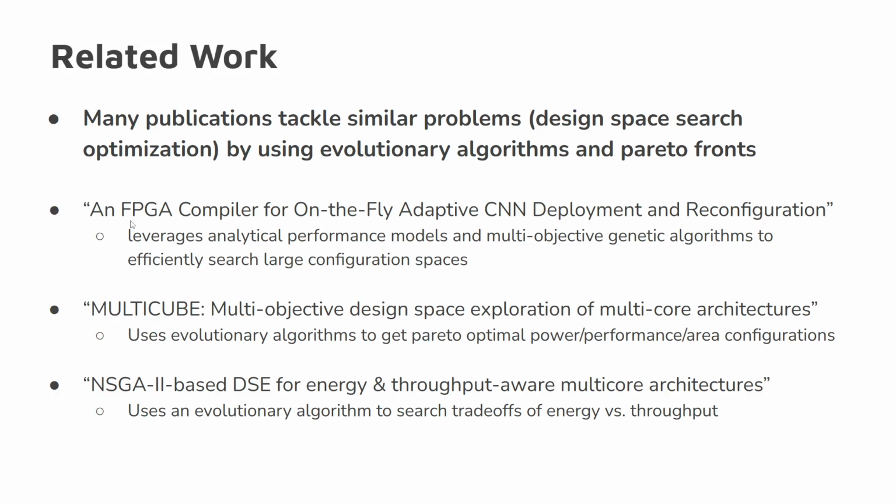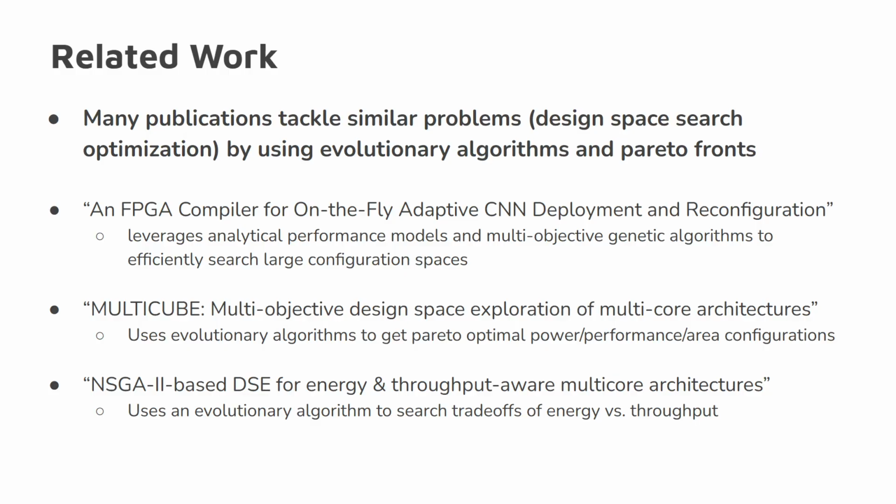So some examples: this paper is called an FPGA compiler for on-the-fly adaptive CNN deployment and reconfiguration. It's not in the title, but important to the paper is it leverages analytical performance models and multi-objective genetic algorithms to efficiently search large configuration spaces, which is similar to the